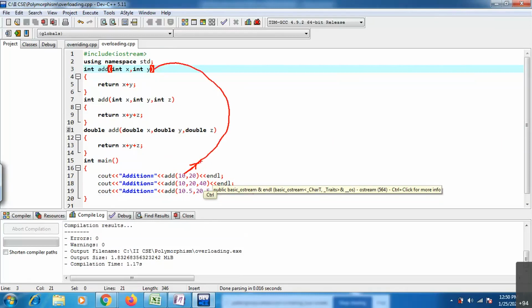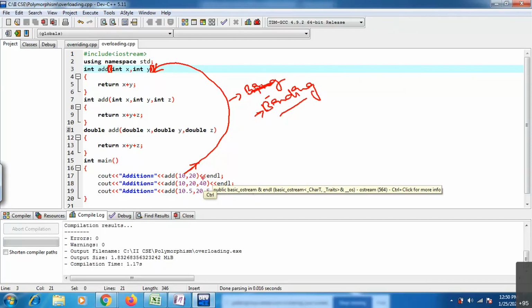This thing, the function call being associated with the function definition, is called binding your function. Binding means your function call is going to associate with your function definition.